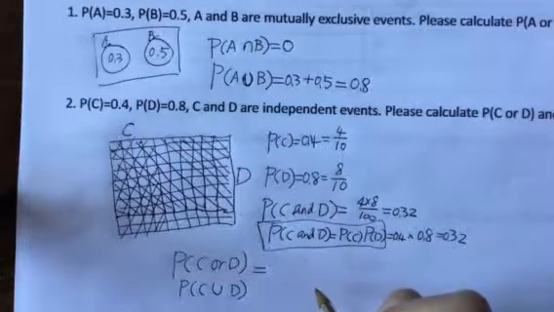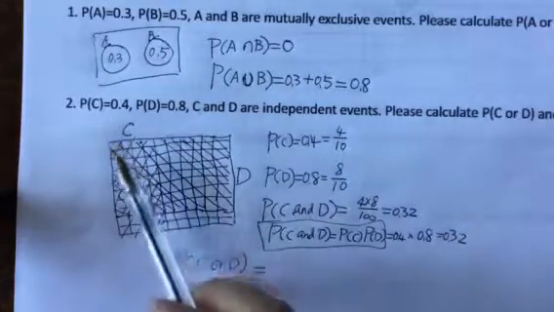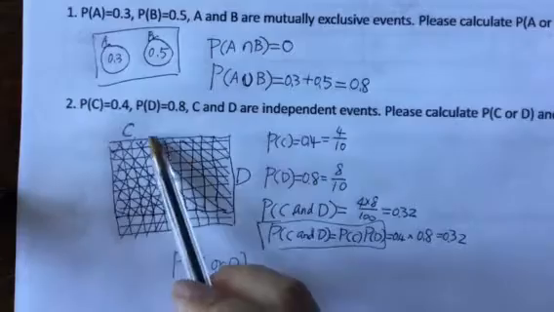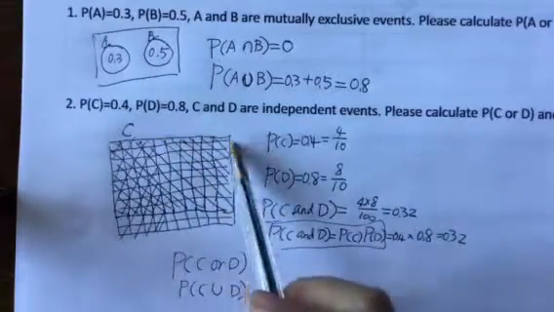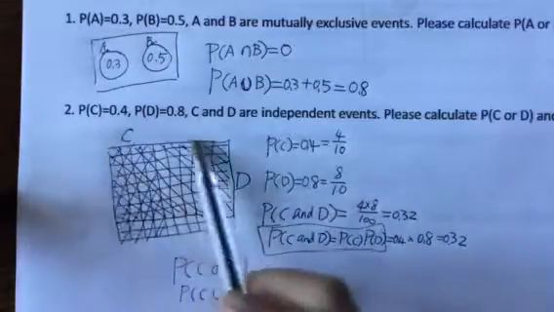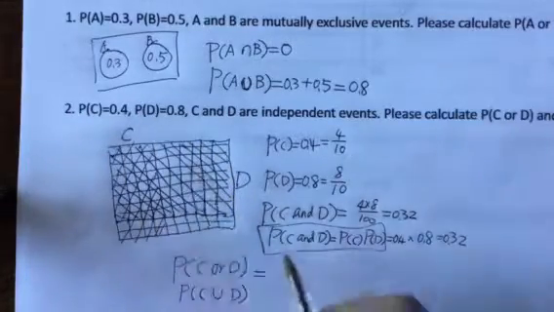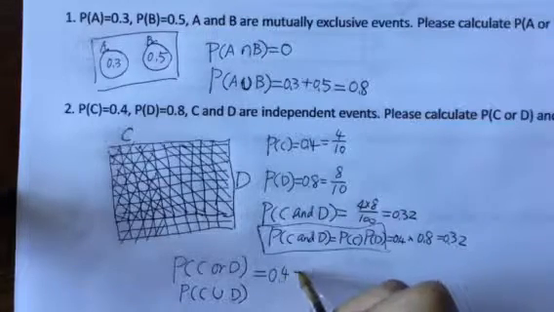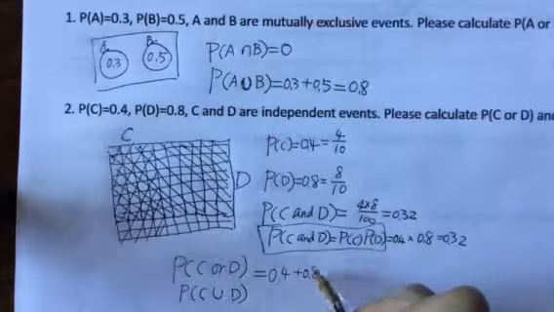No. So you see how many pieces belong to C? Which is about 40 pieces out of 100 pieces. What portion belongs to D? 80. So essentially, if you add these, 0.4 plus 0.8